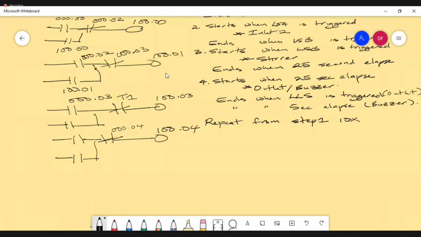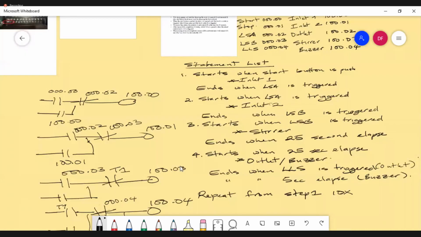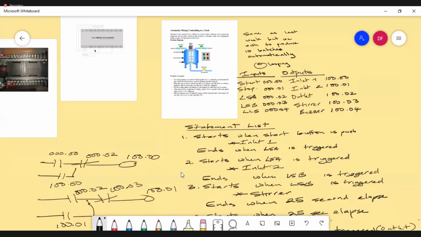At the timer 1 that starts it. And I'm putting it in like this. Timer 2. What is the buzzer? Then I have inlet switch, outlet,